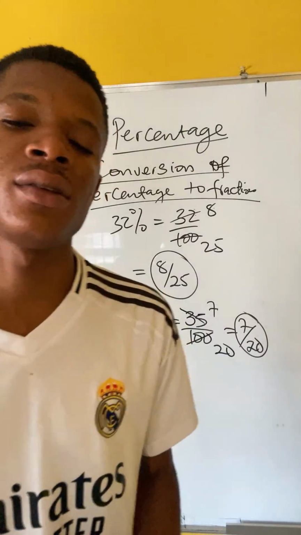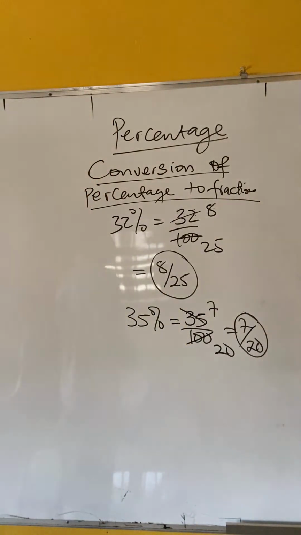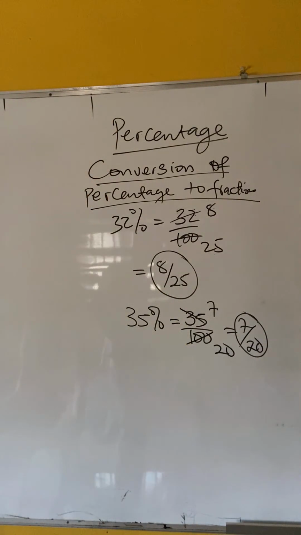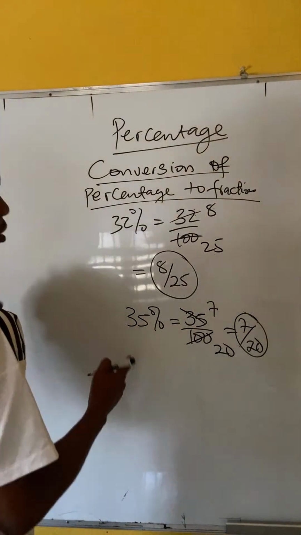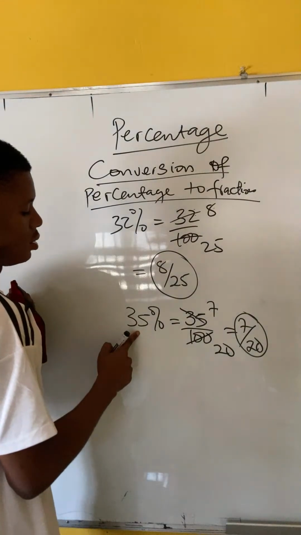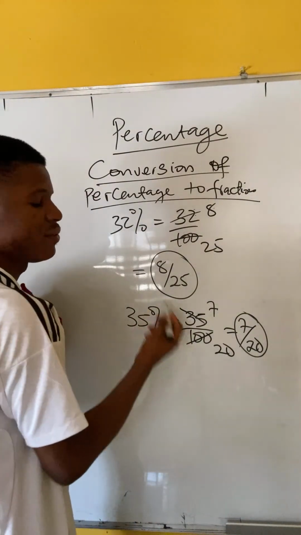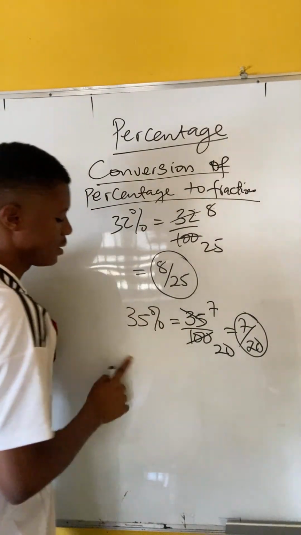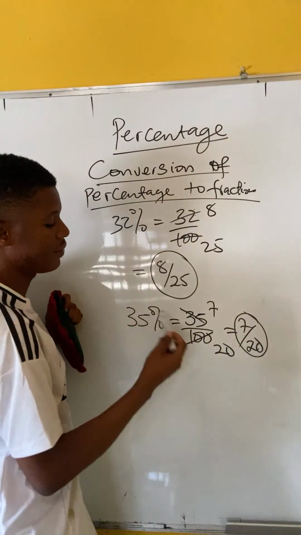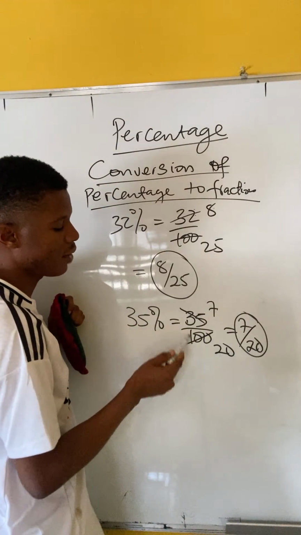Okay, do you get it now? But how are we dividing by 10? No, by 5. But how are we dividing by 5? The reason why we divide by 5 is basically because you have 35. The only number that can divide 35 and 100